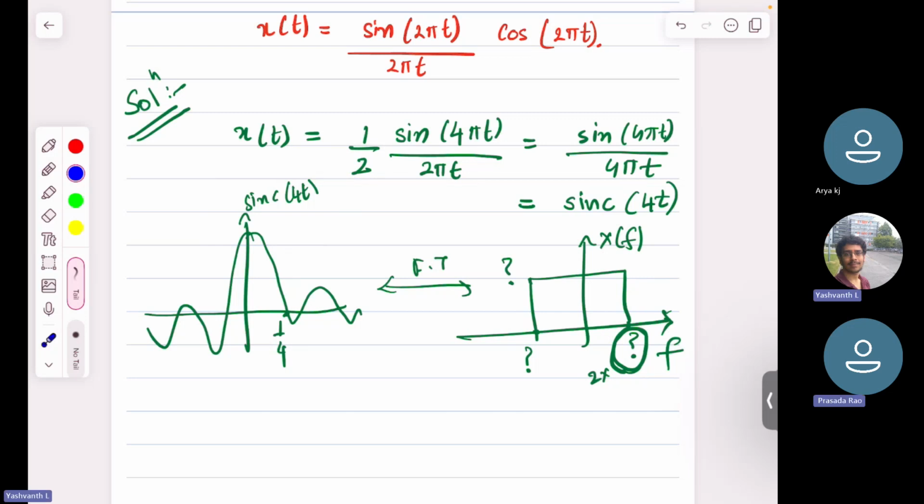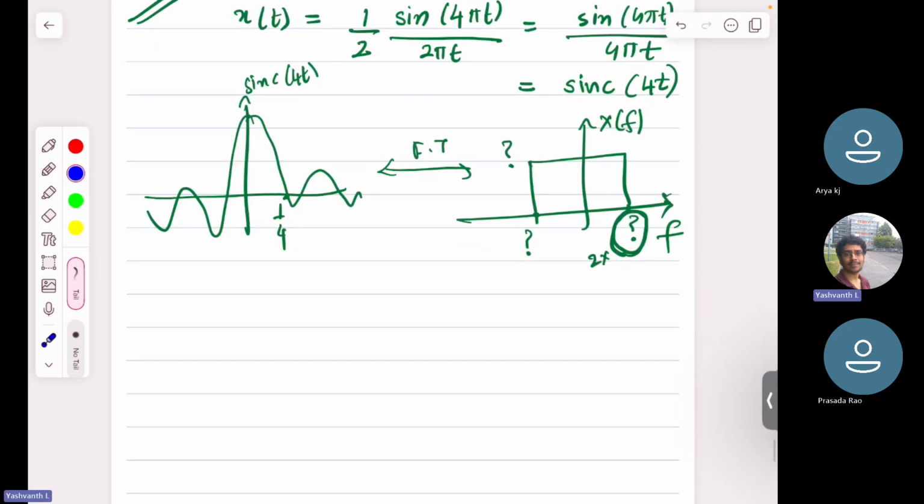Now I'm going to give you a shortcut. It's a very handy shortcut. You can use it everywhere. It is not there in many books also. The shortcut is